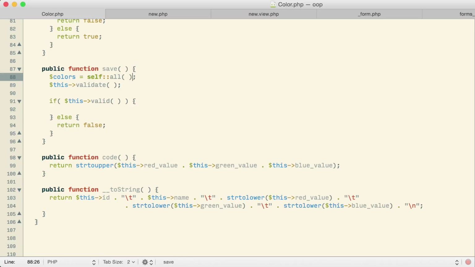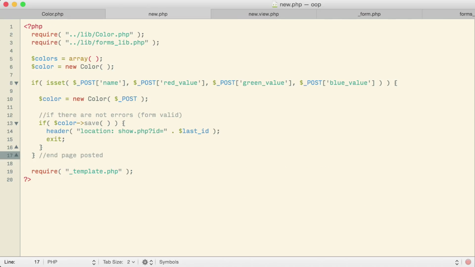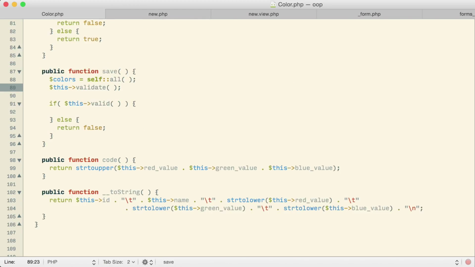Remember when we set up the all function, I set it up so that it would automatically give us back the colors if they were already loaded and would not try to load them again. Well, this is, I think, going to be one of those situations where we might have tried to load them once already. Well, maybe not. One way or another, it's reassuring to know that it won't be trying to load them more than one time. But here, I'll have all of my colors actually loaded.